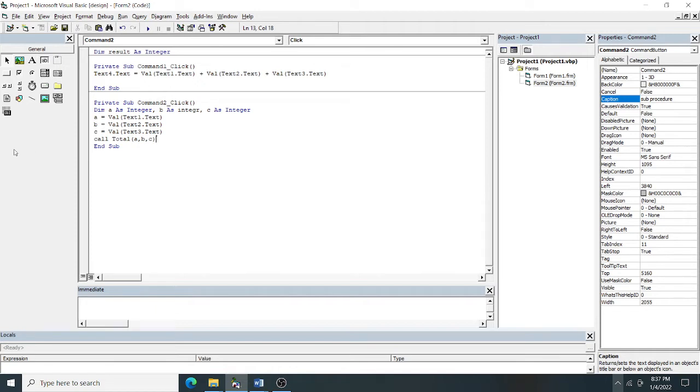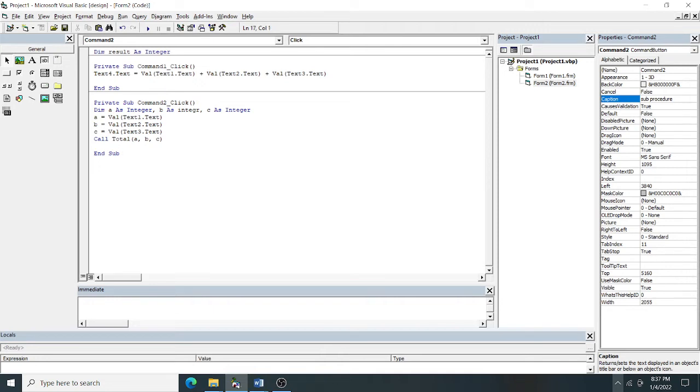You can see the statement I have used, the Call statement. I have to call the sub procedure. This is the procedure name, and this is the argument list separated by commas. This is your actual argument list. These are the parameters I'm passing, but I have not yet written the sub procedure.